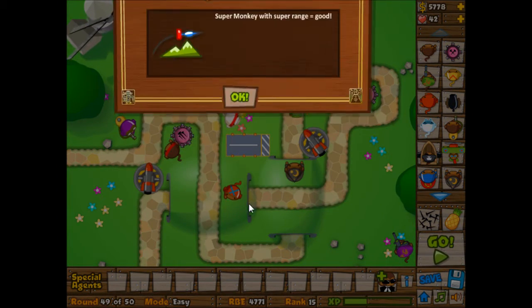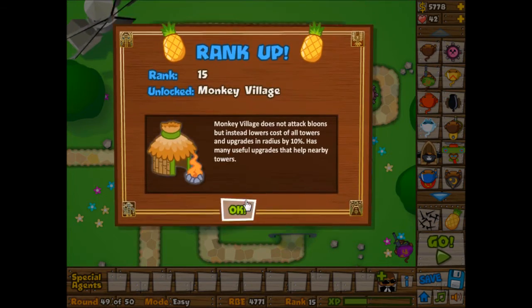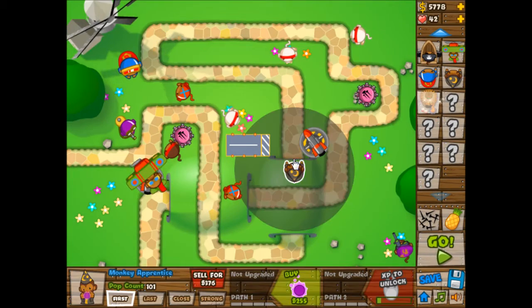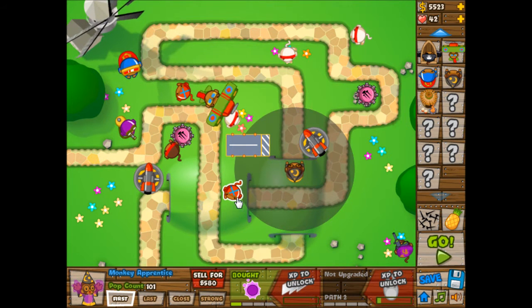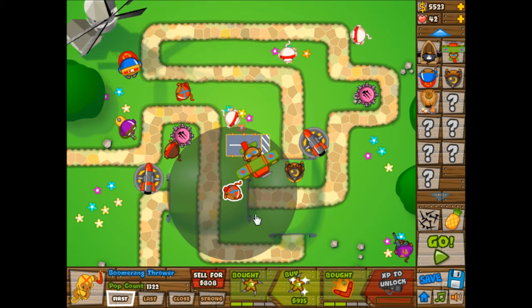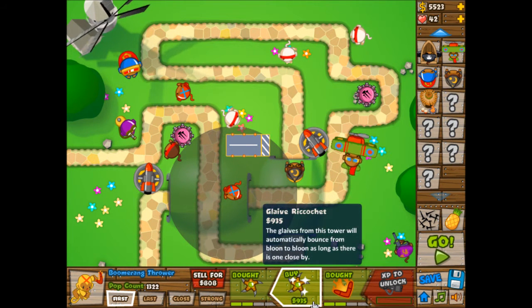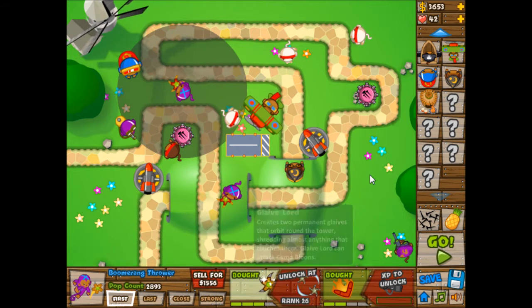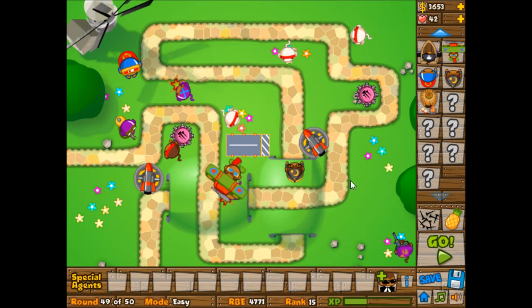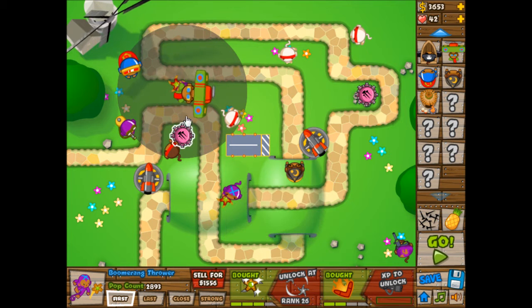Glaive Ricochet, hell yeah. Goodness. So intense magic that just shoots larger and more powerful magic bolts. Glaive Ricochet, one of the best upgrades that you can get for these guys, other than the Bionic Boomer. Glaive Ricochet makes it where it ricochets from each. So we'll get Glaive Ricochet on both of them, just because we aren't going to be able to get Bionic Boomer. So you want to get the Bionic Boomer if you are going to be setting him on this side,